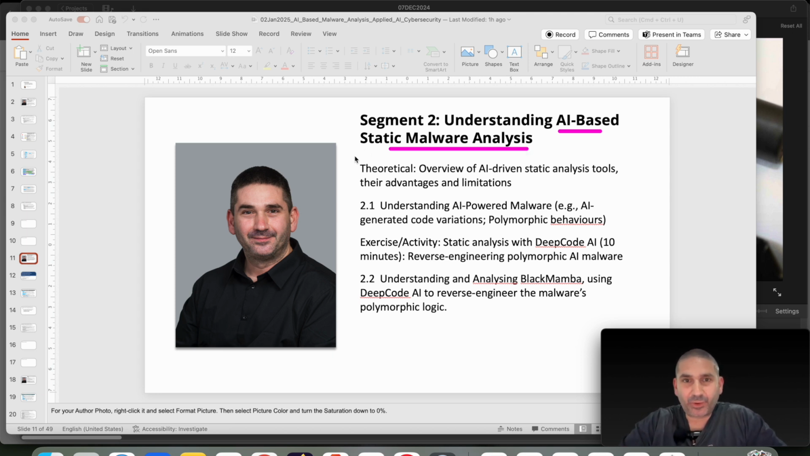But let's talk about what is static malware analysis. Actually, before we move into what is static malware analysis,